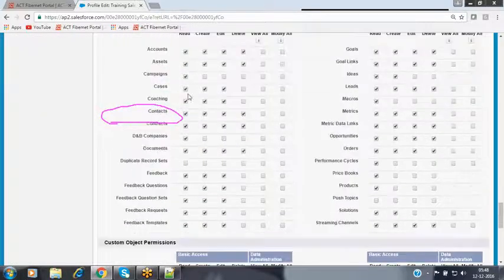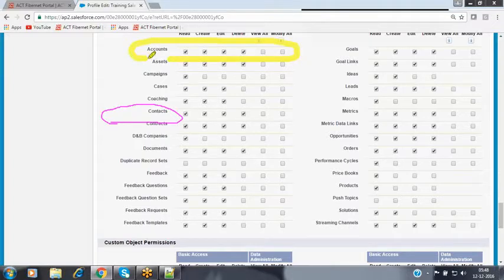Inside the object level permissions, you will see six checkboxes. From these six checkboxes on the account object, what level of access do you want to grant? Read-only access. Select read-only access and remove the remaining checkboxes. Now this person can see the existing records, but he cannot create any more records, he cannot modify, and he cannot remove the records. So I'm granting just read-only access here.